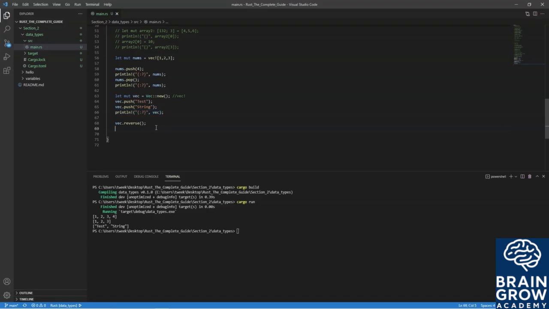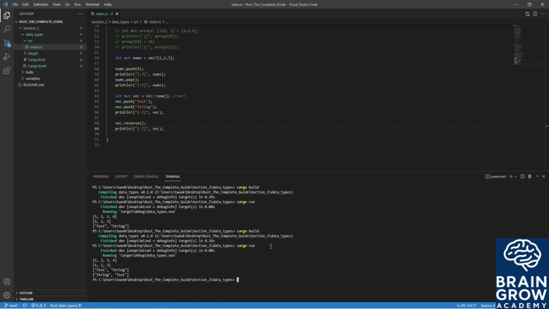So by doing this, we should see when we print it out, string test, which is exactly what we got. We have string test. So again, I highly encourage you that after this lecture, just play around with all the different methods that a vector provides and really get familiar with them, as they will help you in your